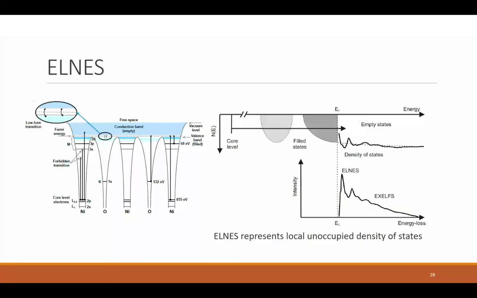So we go back to this diagram that I showed earlier where we've got the unoccupied density of states. So we're able to see all these different transitions and they correspond to different energies. And what that means is as we go from the core up into the conduction band, we're able to then just nicely map out the unoccupied density of states here. So that's kind of cool. And this is what it would look like on the actual spectrum. So we come up here and we subtract off the background and we'll be able to get this nice density of states map here.